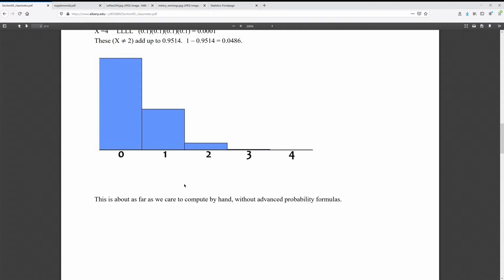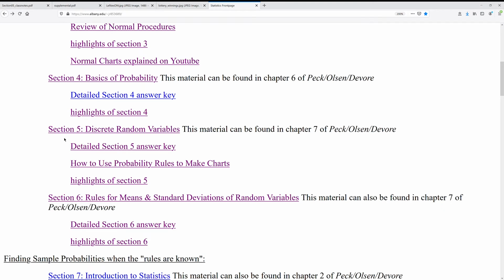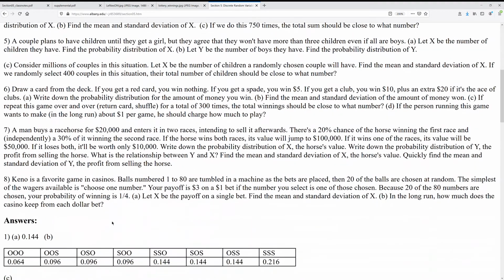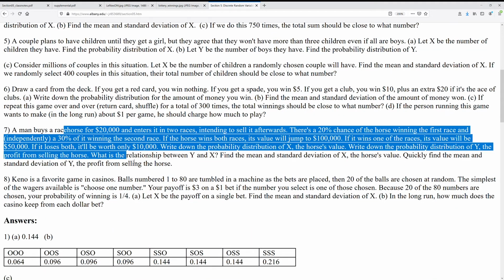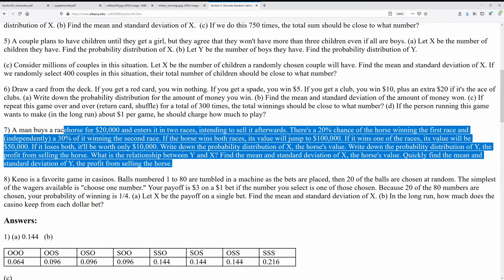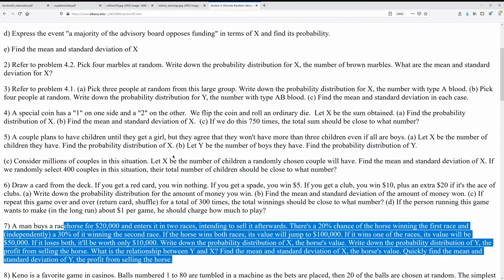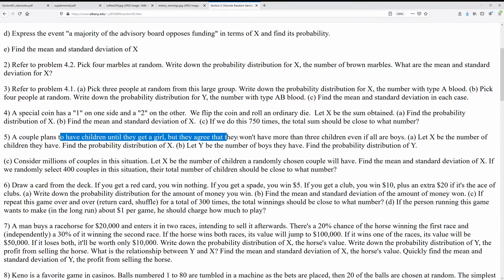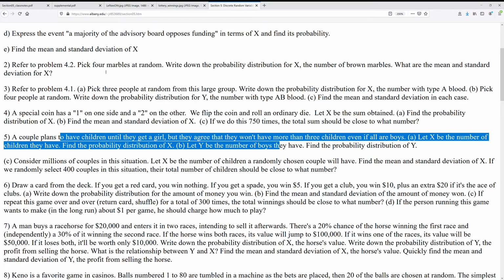Not all of them do, however. In the practice problems, you'll see that there's a nice mixture. There are other probability scenarios. In particular, this one with the racehorse is very nice because it's a variation on the same themes. You've got the slots don't affect one another, but you've got different rules for the slots. And there's a couple of other ones like the coin, and number 5 is good also, which are variations on